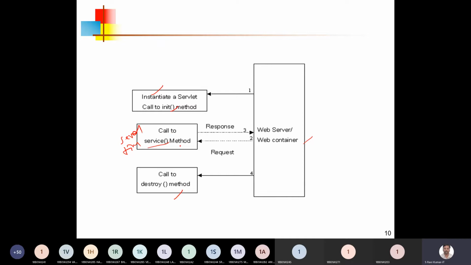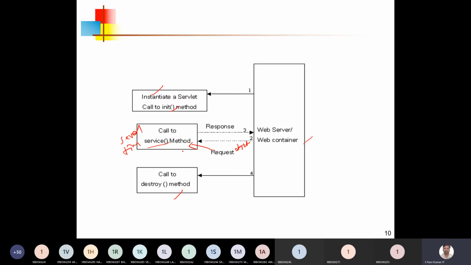While the service method is executing, the servlet container will provide the request object to the service method. The service method takes this request object, processes it, and performs the required operation using the request object parameters.